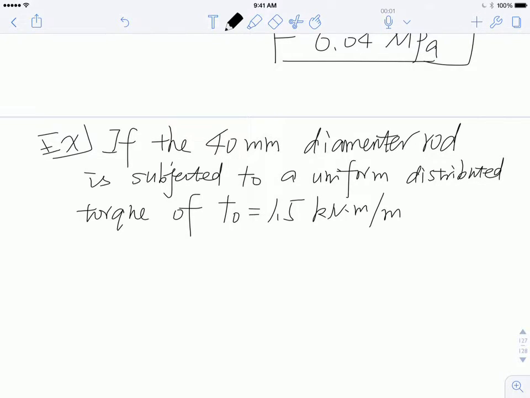So in other words, it's a torque just like a distributed load. So this is distributed torque. You have torque over certain lengths, right? Makes sense? Sometimes I like to call it torque density, just like distributed force is force density. So this is torque per unit meter. Now determine